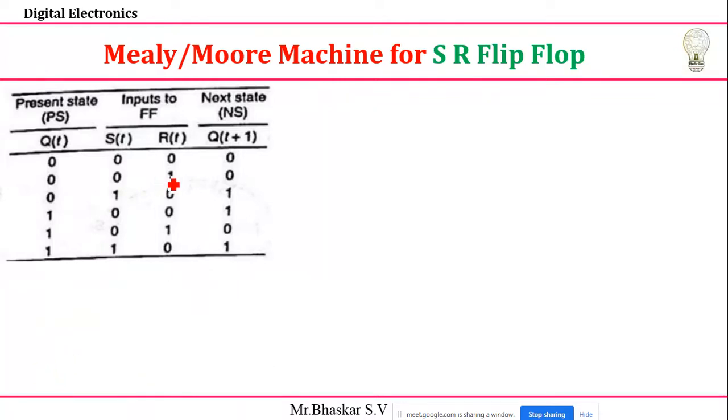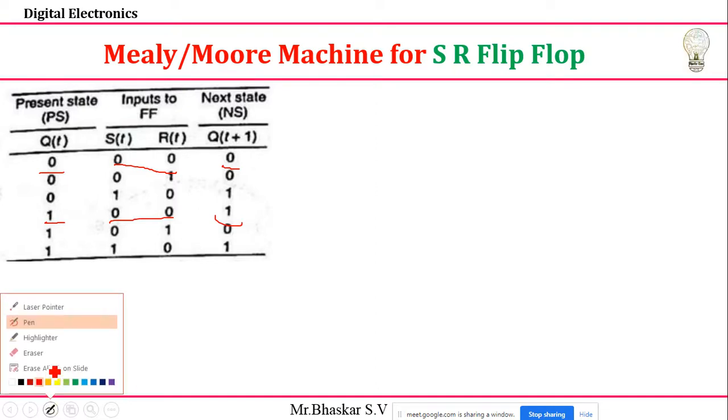That is 00, S and R values are 0 0. What will happen? 0 1. What will happen? 1 0. What will happen? When present states are 0 and present states are 1, you just tell me what changes are happening and how I'm going to write. Suppose if 00 means no change, the Qt value is 0, then 0 only will be obtained. And if 00 is there and the value is 1, then 1 only I'll get.